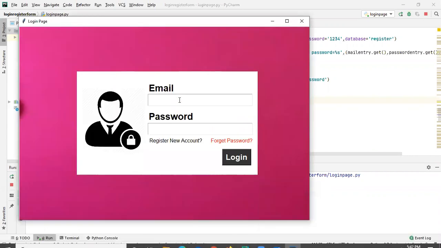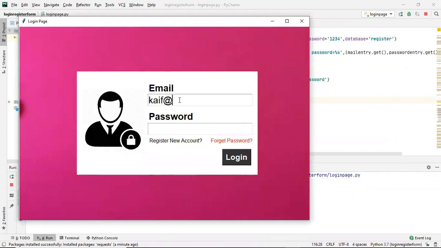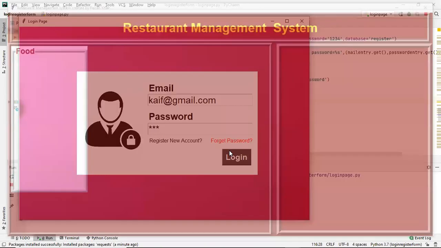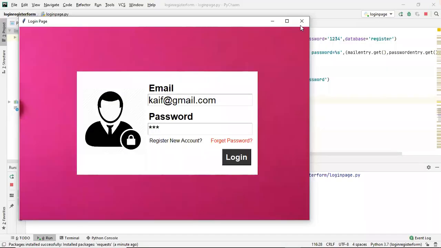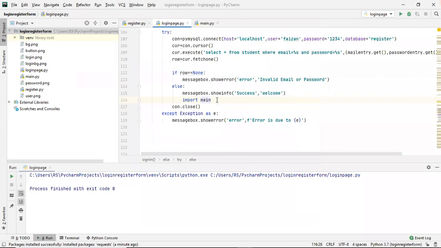Let me write the correct credentials here, and the password was 123. If I click on login, welcome. See, we are displayed with this project. So this is how you can do it. Before importing, you can also destroy this window, window dot destroy, so that this login window is closed.